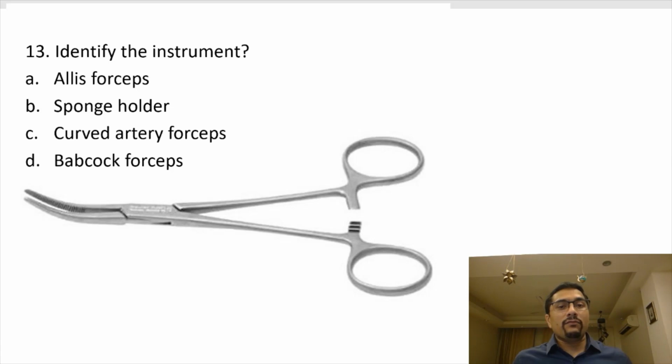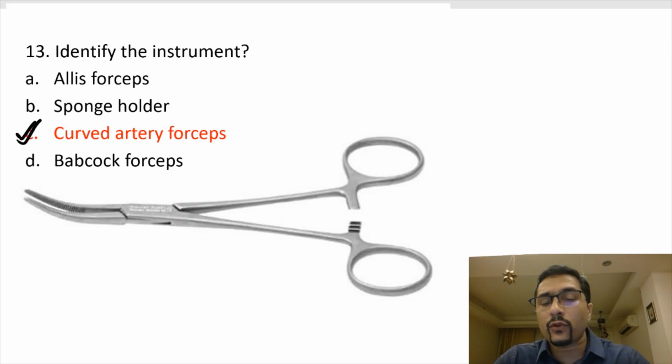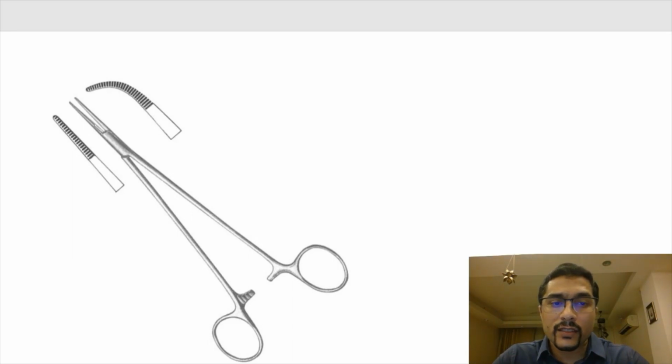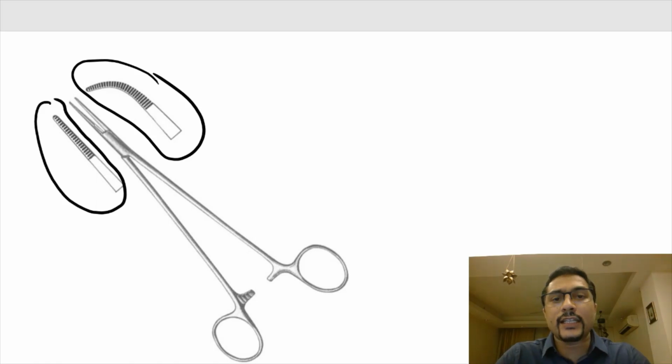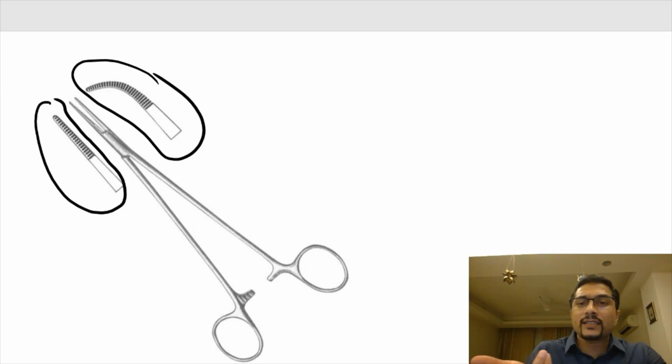Now, invariably, you have one or two instruments, the images are given and they ask you to identify them. This was asked last year, they had asked you to identify this instrument. And if you've ever been to the theater, you can easily identify this as a curved artery forceps. So you can see it is curved, right? So you can have curved or straight artery forceps. This one is curved, and you can see that there are these serrations which are present there. So serrations are present. You can either have a curved artery or a straight artery forceps. The name suggests that you can hold a bleeding vessel with this, right?